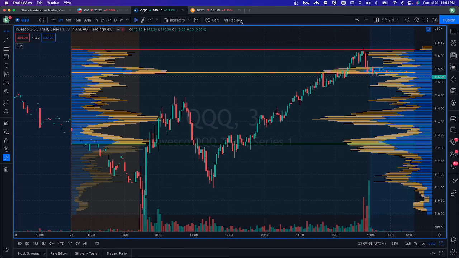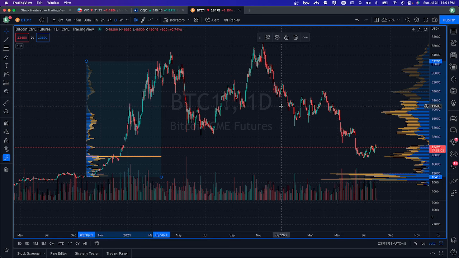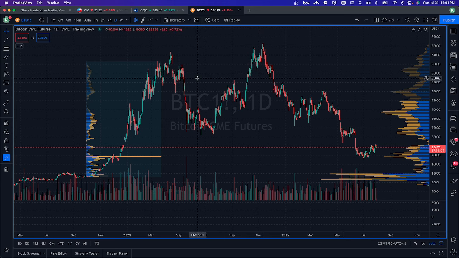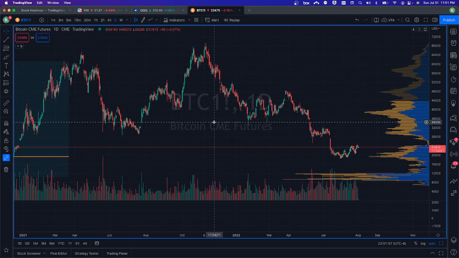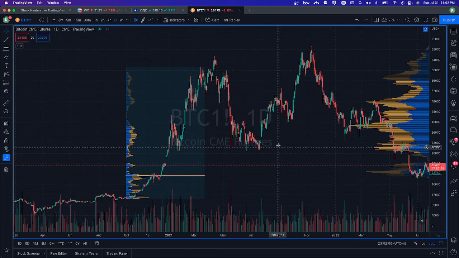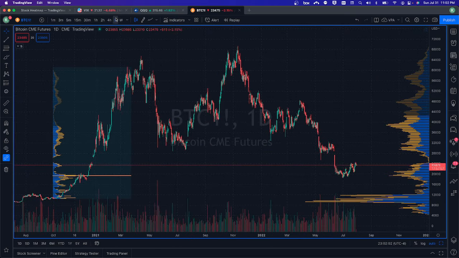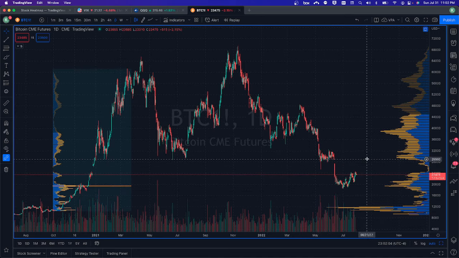I just want to show you one quick trick with fixed range volume profile, and I also want to demonstrate how this works for anything. It does not just need to be equities. This can be anything that has volume. So if we look at Bitcoin, for instance, and this is Bitcoin on the daily chart,